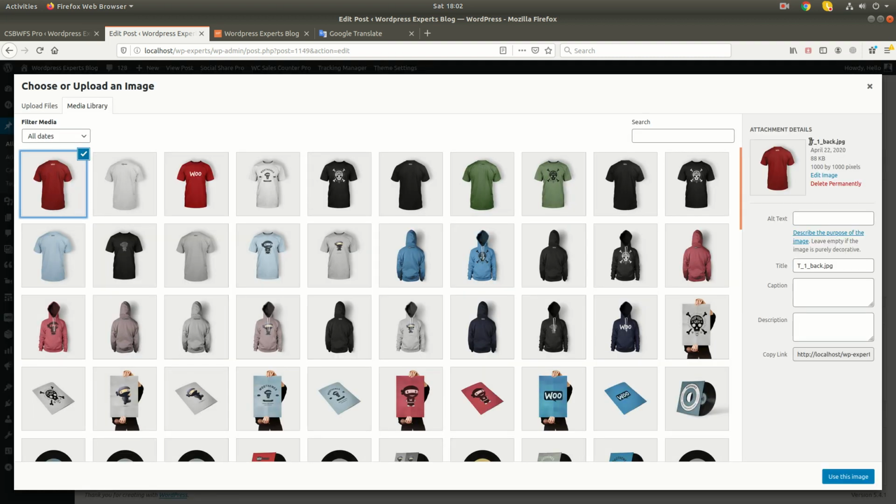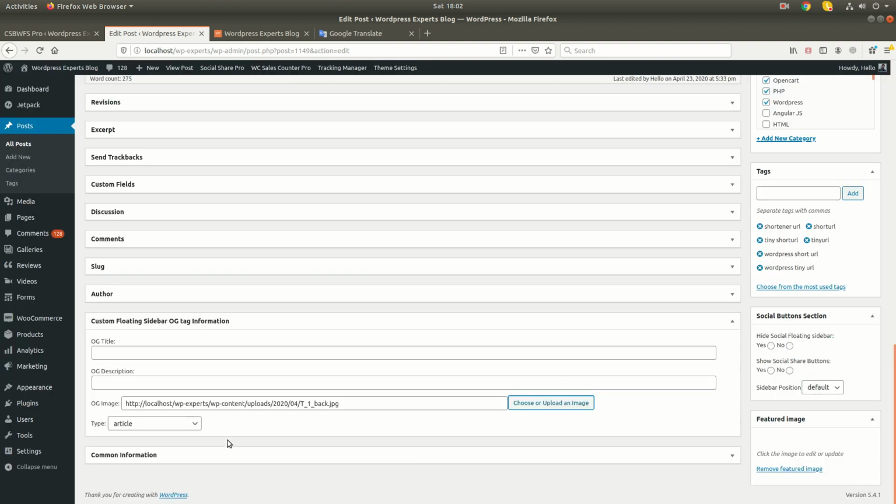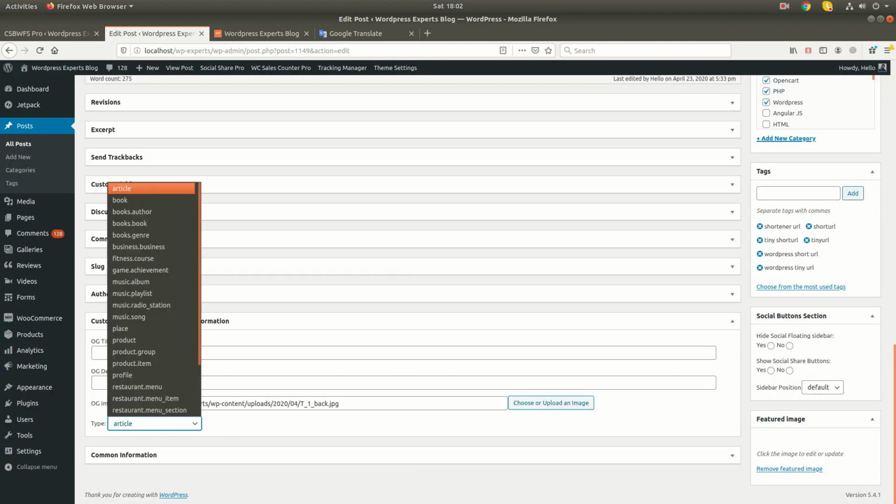Once you do that, you can define your OG type, your website type. Like if you are using OG tag for a product, then you need to choose product.